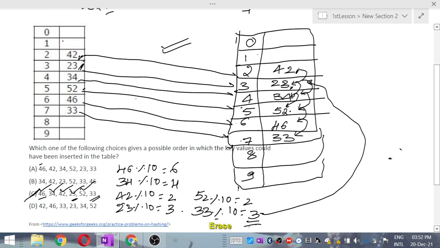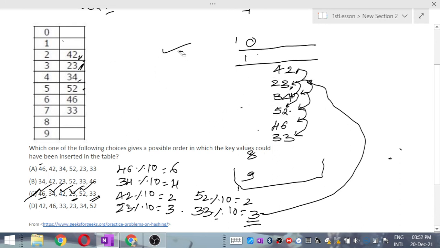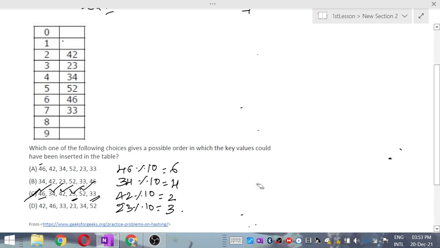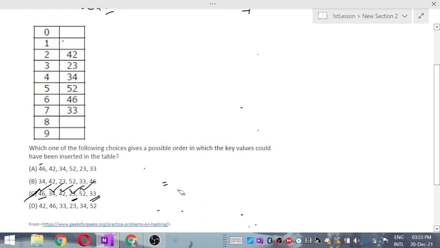But let us analyze why D is not our option. We got the answer, but this is not an exam, we are practicing, so we can get a different kind of analysis here. That's my intention, so that you get used to the procedure.